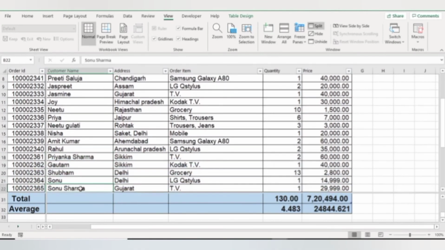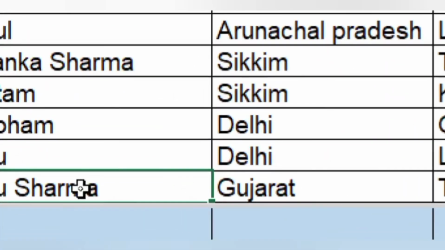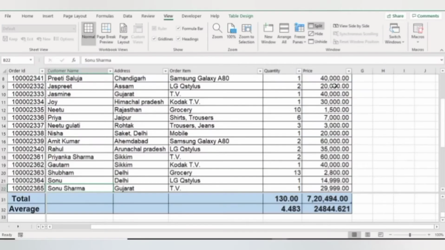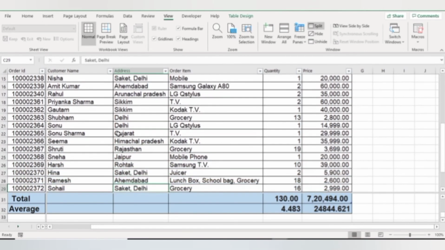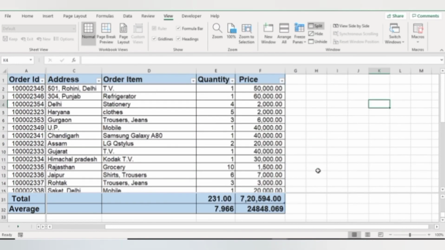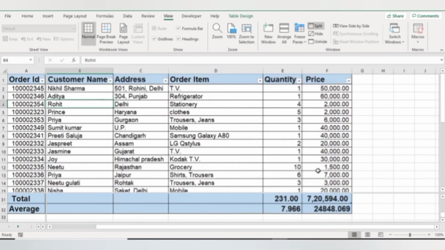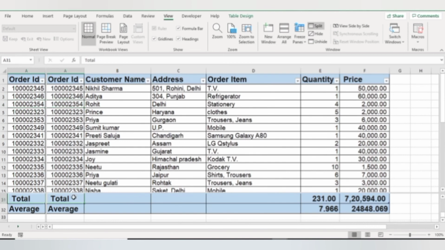And now if I scroll down in my data, my headings are frozen here and also my last two rows are frozen, which is showing me the total and average. And if I make some changes here, then my answer will automatically change. So this is how you can freeze your top row and your bottom two rows. And here my first column is also frozen with the help of Split. And here with the help of Split, my data is converted into two parts.